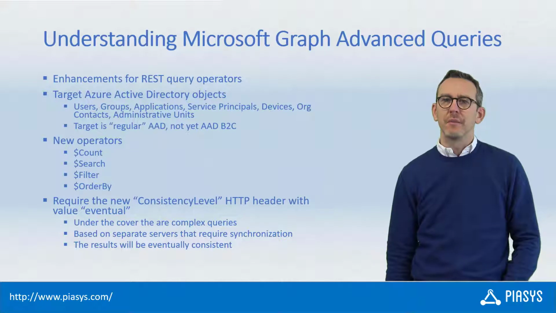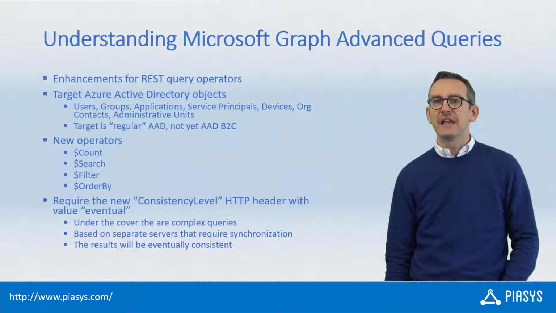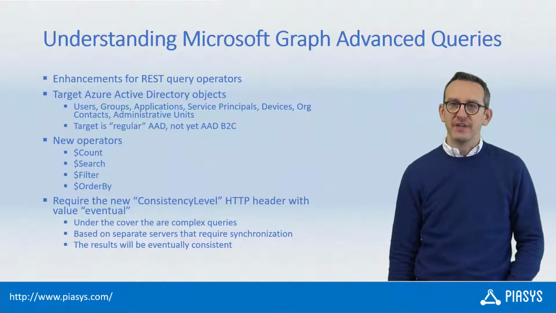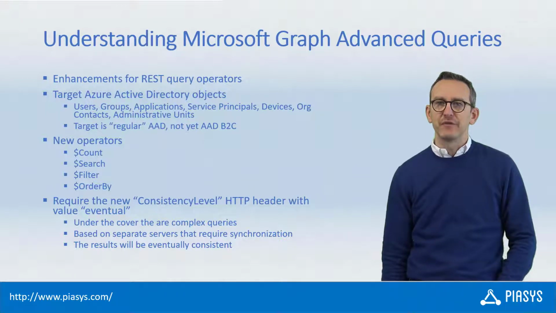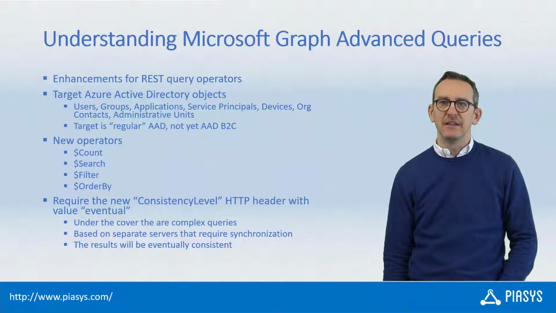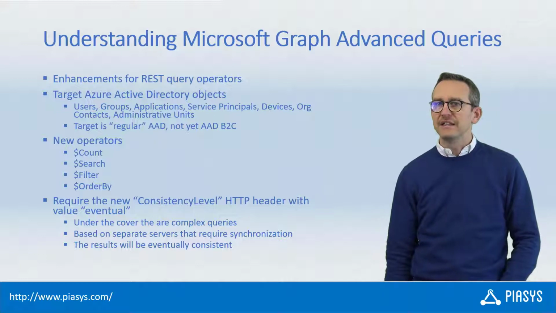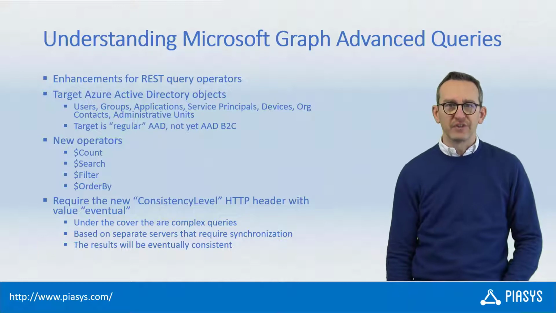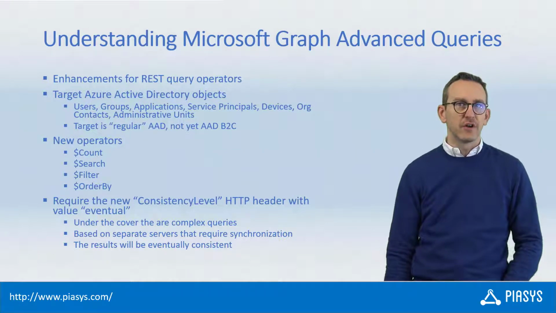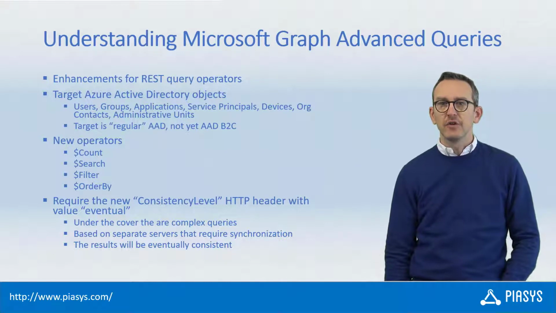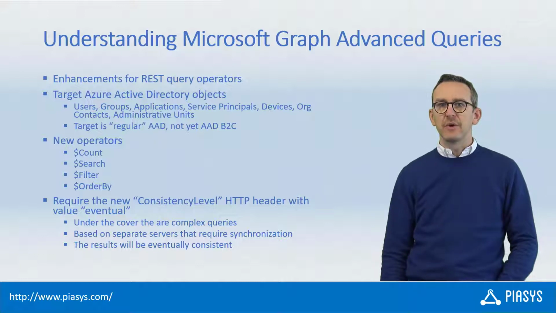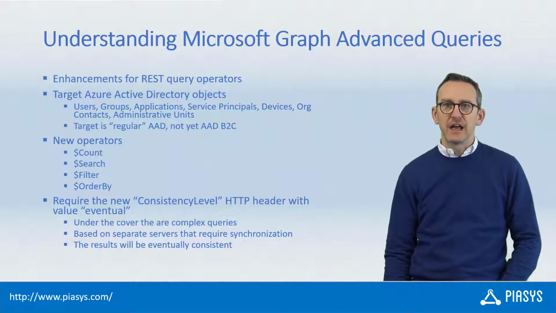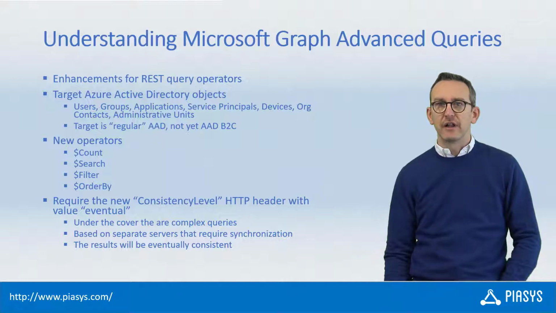Today we talk about Microsoft Graph advanced queries against directory objects. In fact, the Microsoft Graph team recently introduced some enhancements to the query capabilities of Microsoft Graph when the target of the query is a directory object like a user, a group, a service principal, an organizational contact, and stuff like that. Those enhancements allow us to make queries which will include a new syntax like $count, $search, $filter, and